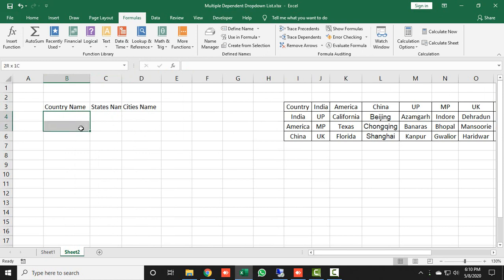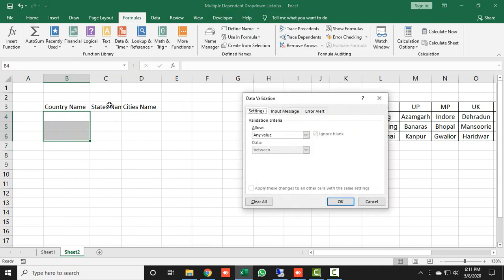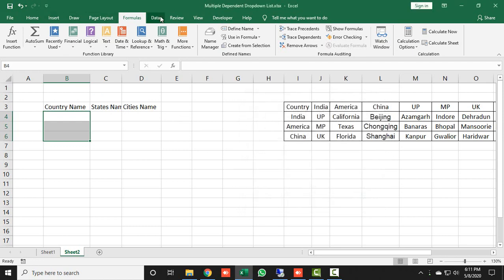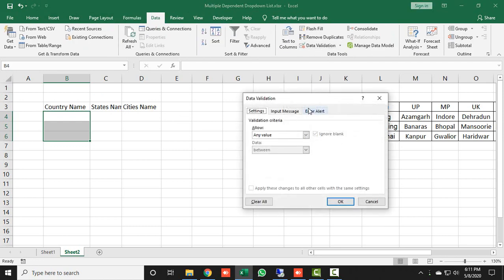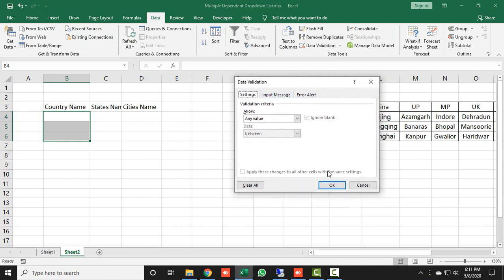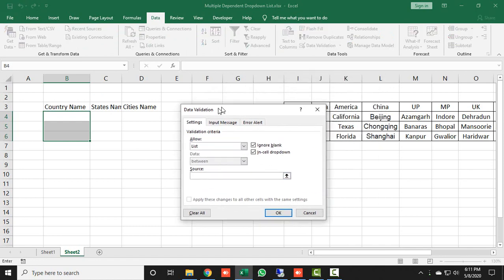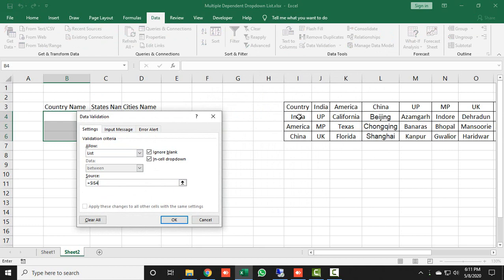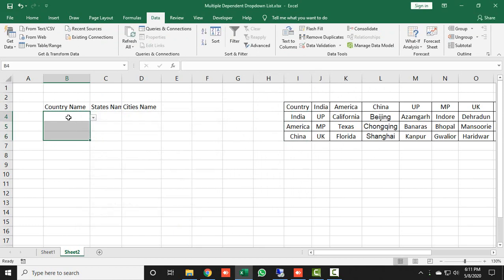So for this I will just select, let's say I'm just selecting these 4 cell or these 3 cell, and we'll click on Alt DL to get back to our data validation page. Also you can just click on data tab, and here you can click on data validation. All right, now to create the data validation list, I will just click under allow, we'll choose list, and here I will pass the source which is mentioned over here. All right, just click on OK, and now here you can see all the countries name is coming.